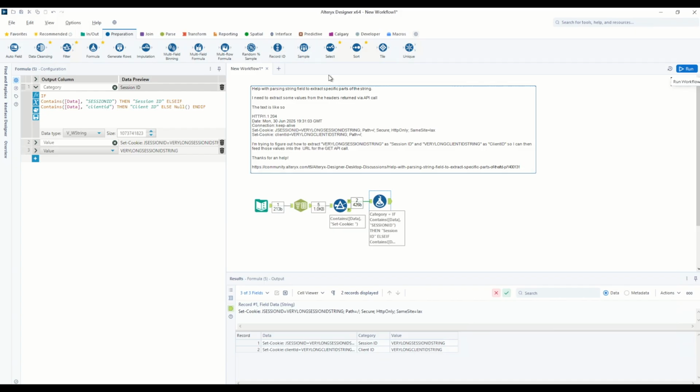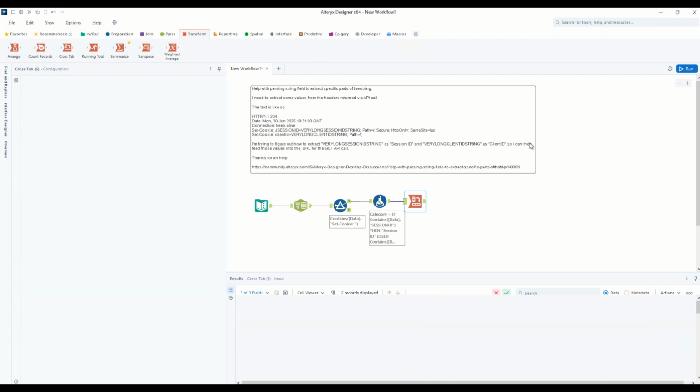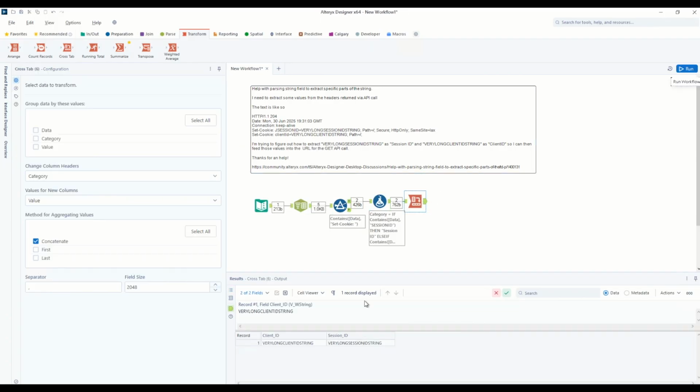and now we can see we have our category as well as our value. The last step here is to, on the Transform tab, drop down this Cross Tab tool, and we're going to change the column headers of the categories, and we'll use the values, and we'll just select Concatenate here, and you'll see that now we have 2 columns with the IDs as well as their